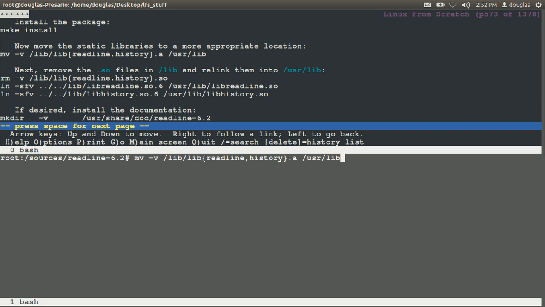Say move lib readline and lib history .a. No, not .so. Lib readline and lib history .a to /usr/lib. Okay, good. And let's say remove verbose lib readline and lib history .so. Move both of those, and we need to link symbolic